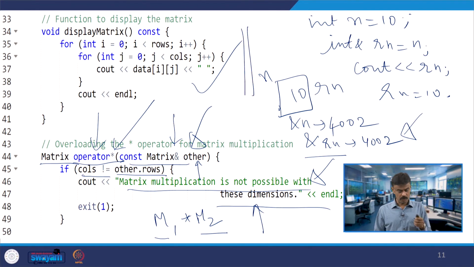So, what we will do in the next class, we will give the input one by one and then we will run this particular code. I will start with the matrix multiplication, how we are going to give the input and then we will get the output. So, with this I am concluding this lecture. Thank you very much.